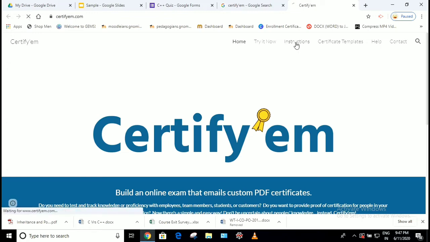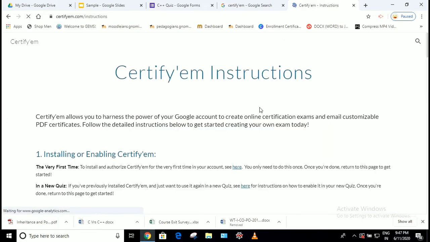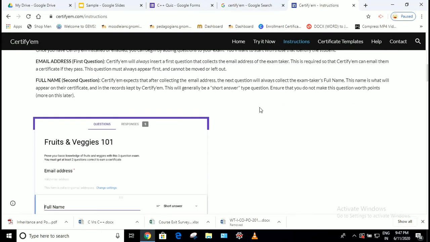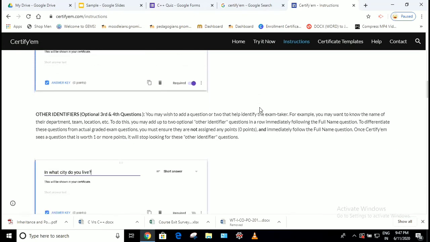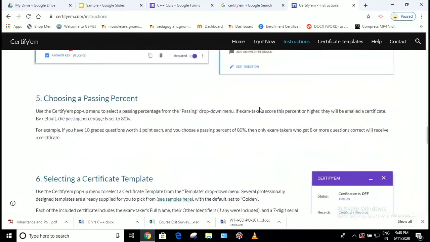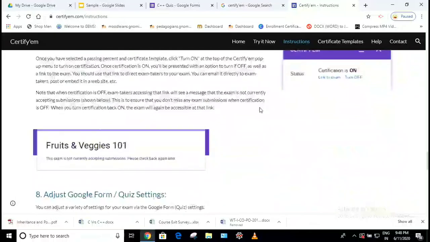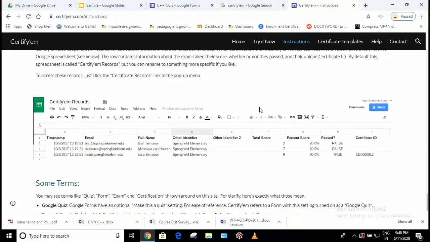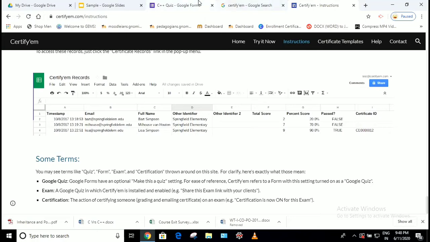There are some instructions given here that you have to follow for creating the certificate. These are some of the rules that you have to follow for creating the certificate in Google Slides. So in this way, you can provide the certificate to the students by using the Google Form.